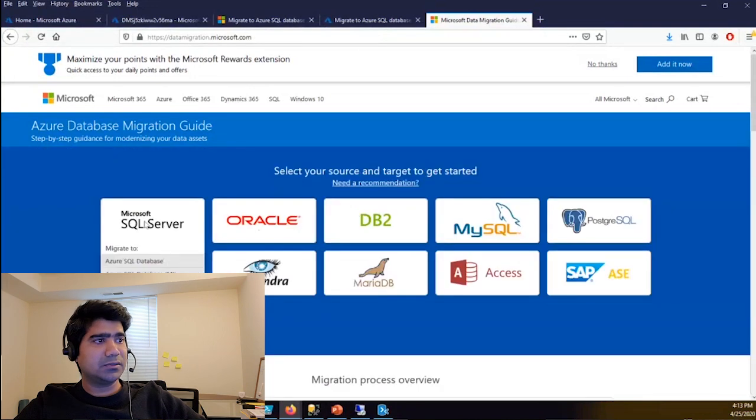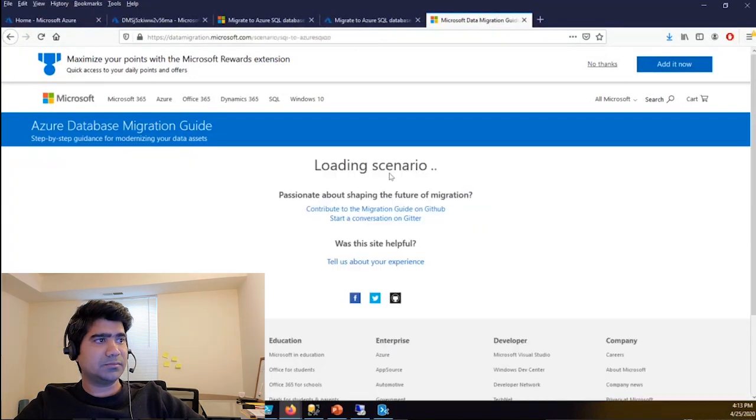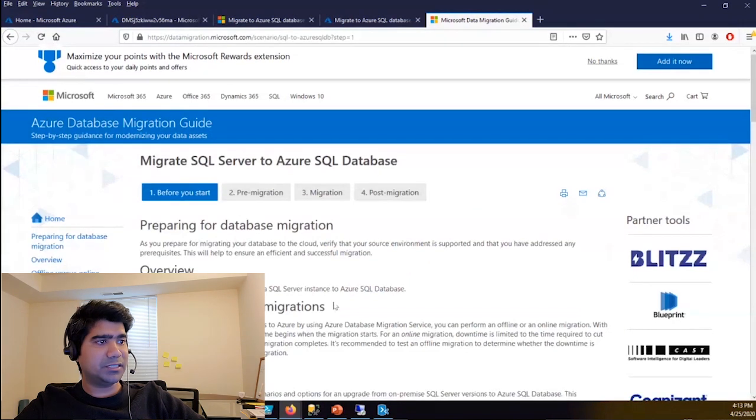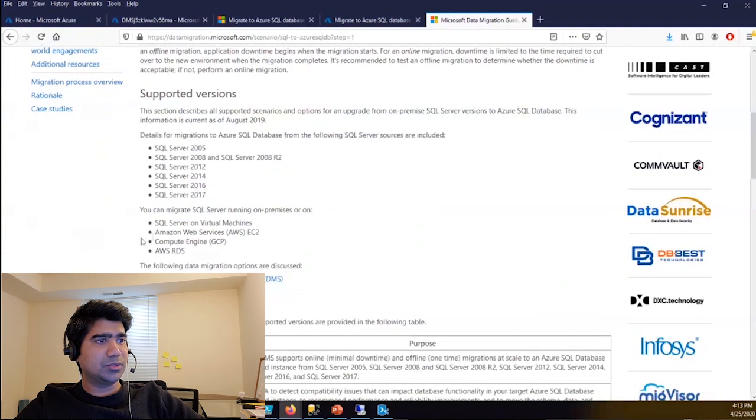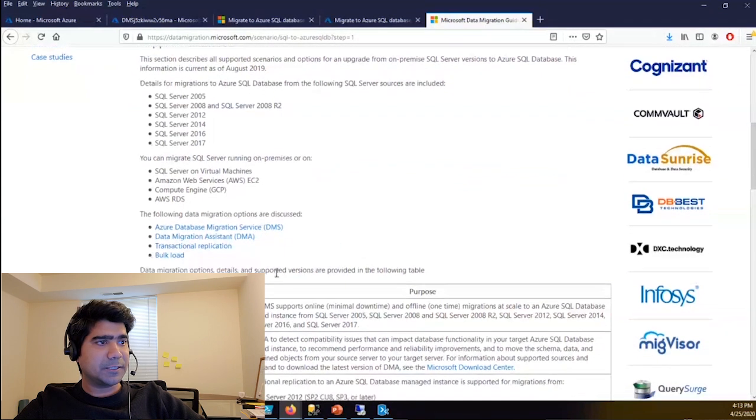Let's check for SQL Server. Same thing that we implemented just now. So it is asking you to go for, yeah, these things are supported. You can migrate SQL Server running on premises or on a virtual machine, AWS, GCP, AWS RDS. Okay.